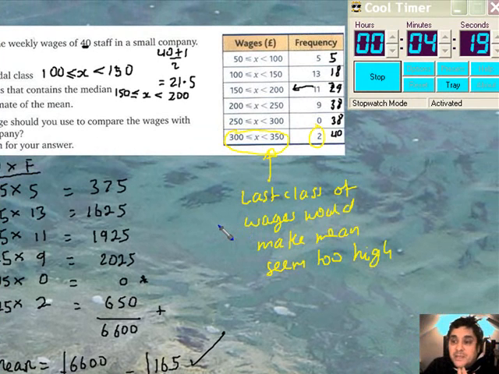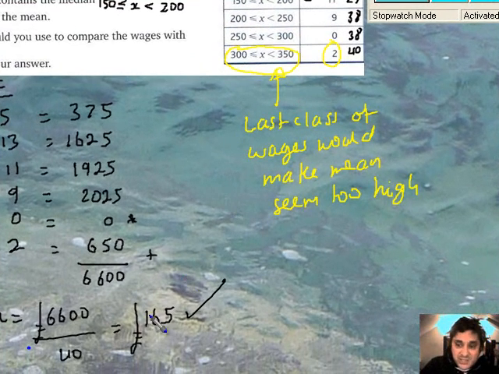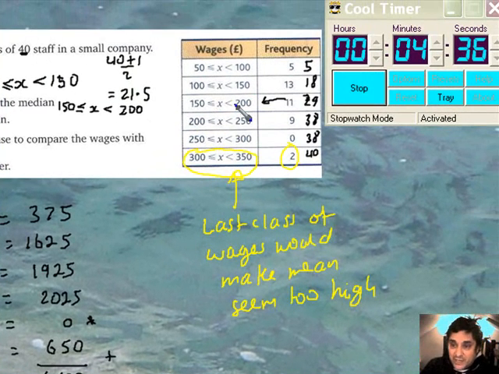Alright, so use the median because these two at the end, who are the highest earners, are going to push the mean wage artificially high to give a false impression of what the company is paying the employees. If it wasn't for these two, the mean would be a lot less than 165 on average, because we'd stop our calculations right there. Okay, so I'm going to stop that and let you study that in your own time. Please make sure that when you multiply by naught, it really is naught, and just take it in.